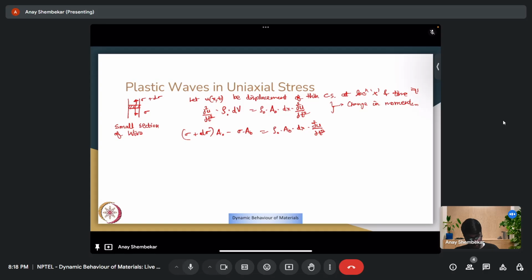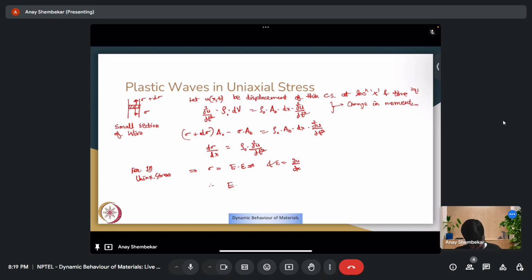Cancelling out a naught and rearranging, we get d sigma by dx is rho naught dou square u by dou t square. We know for the case of 1D uniaxial stress that sigma is equal to E into epsilon, and epsilon is dou u by dou x. Substituting this, you get E,